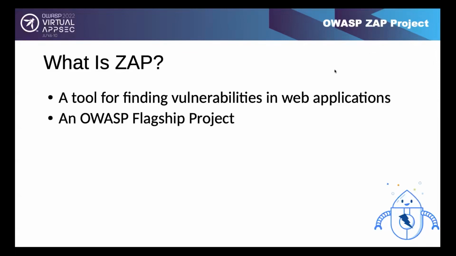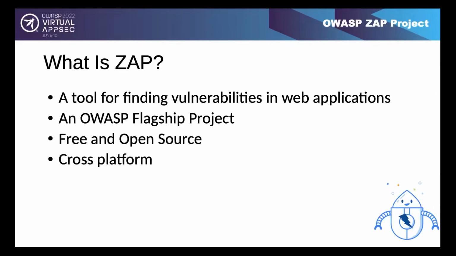It is a flagship OWASP project, as already mentioned. So these are the projects that are most mature and really recommended for getting started with application security. Like all OWASP projects, it is completely free and open source, and it is cross-platform. ZAP is written in Java. If you've got a JVM, then ZAP should run on it. I think I've got it working on a Raspberry Pi a few years ago,